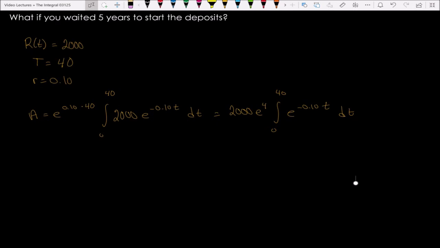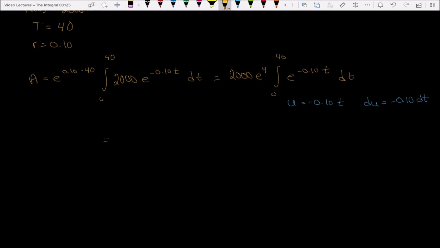Okay. Now this is a u substitution. We're going to say u is negative 0.10 t, which means du is negative 0.10 dt. Since we do not have a negative 0.10, we're going to need to multiply by it and then also divide by it. That will make this negative 10 times 2,000 e to the 4th times the integral 0 to negative 4 e to the u du,